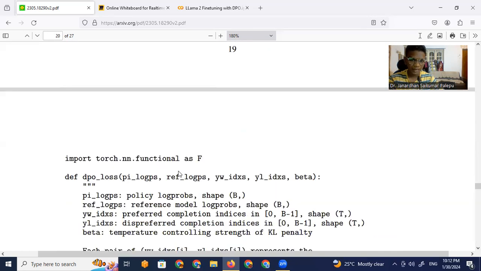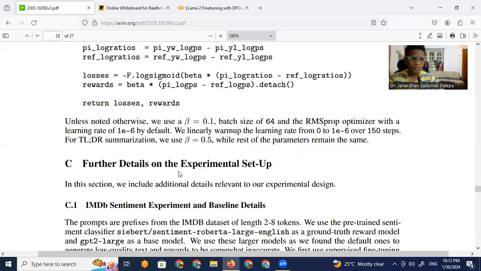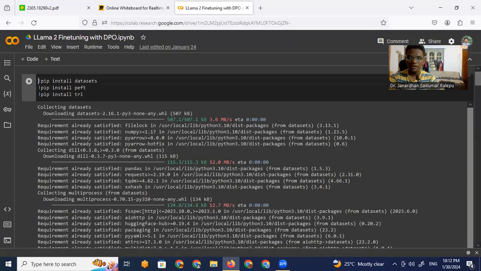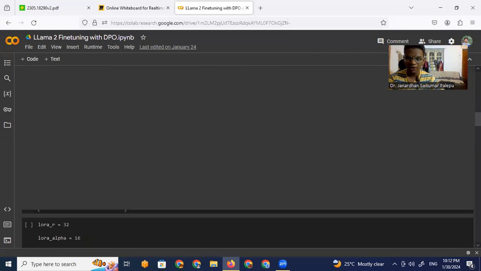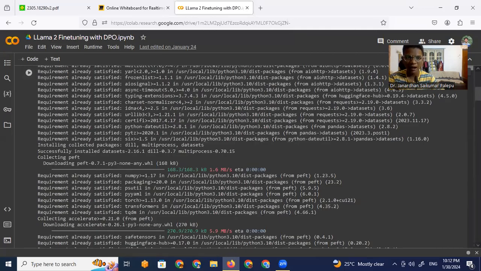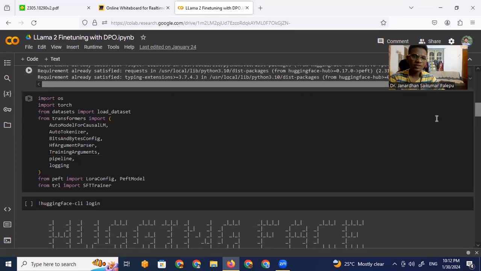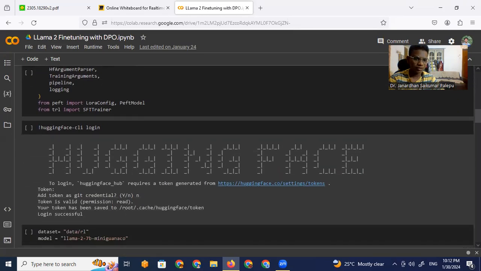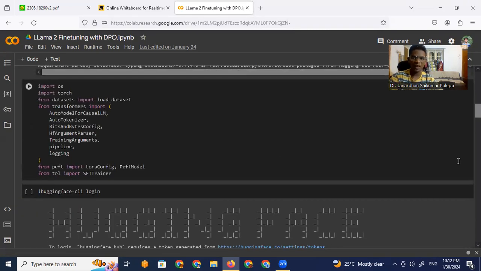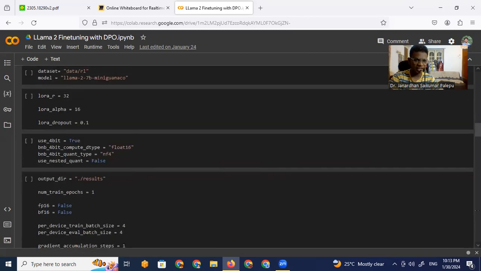They also have some derivations and some text, so maybe please check it out if you are interested. I've actually fine-tuned Llama 2 on this. I've managed to fine-tune Llama 2 using DPO. I just did it yesterday. It's quite simple. You can actually use DPO now. I think it is built-in. It is built-in, in fact,